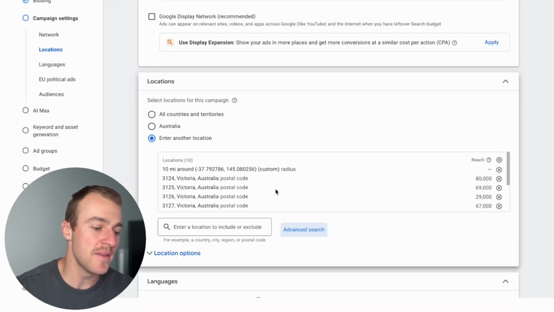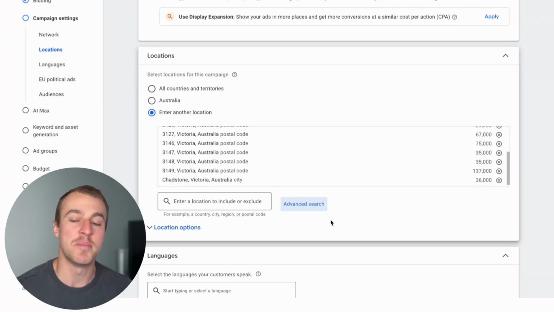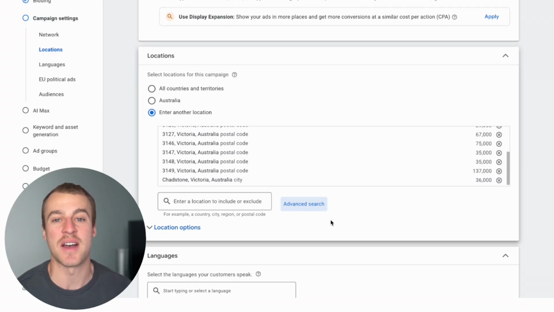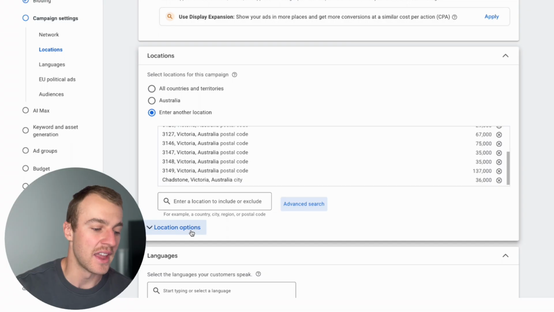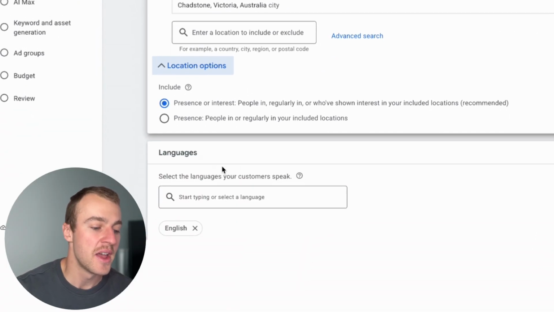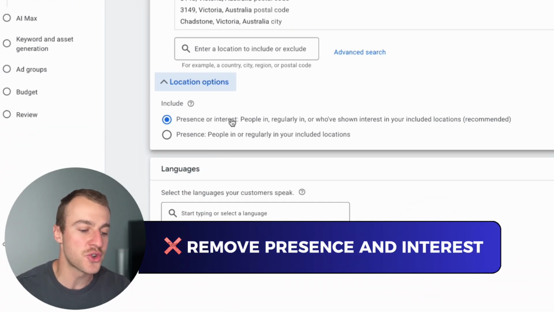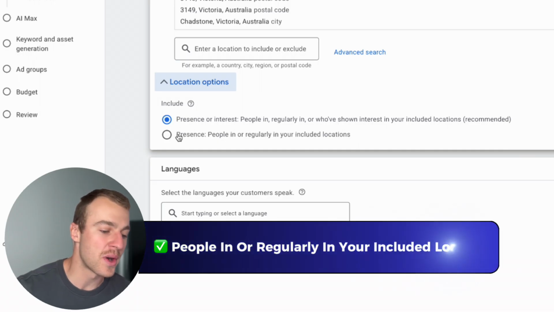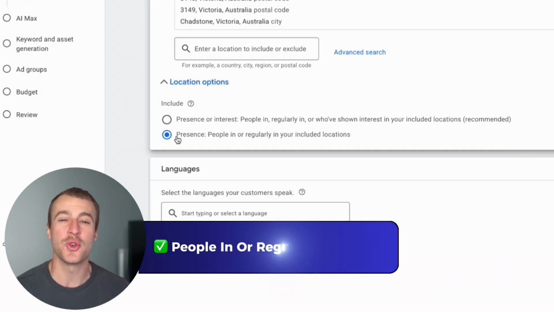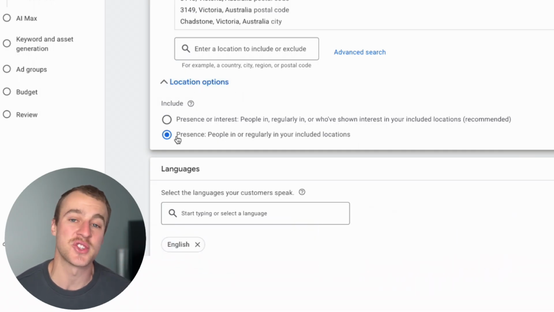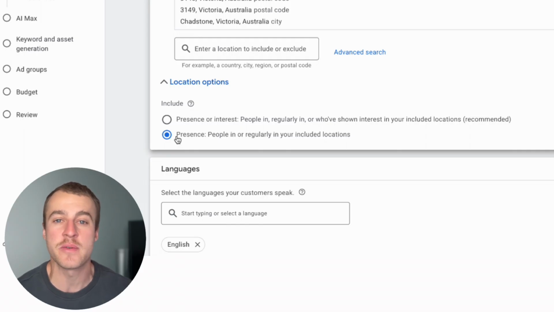Now tap on save, and this is the second biggest mistake that 99% of advertisers make, and it's right here in this location options area. People have this on presence or interest when this needs to be on presence, people in or regularly in. Google has it auto selected as the top one, which is absolutely horrible for your wallet,